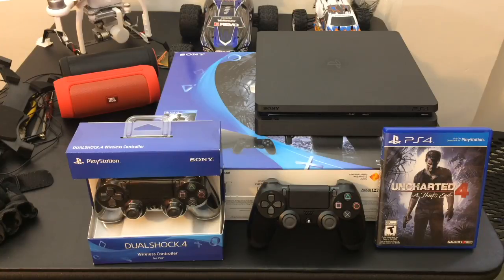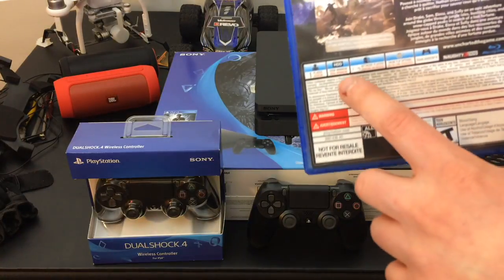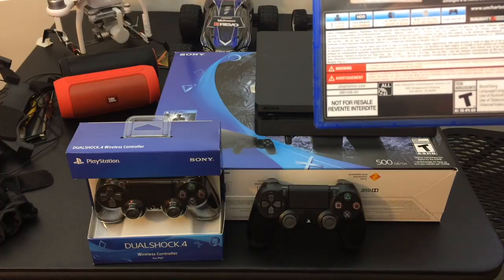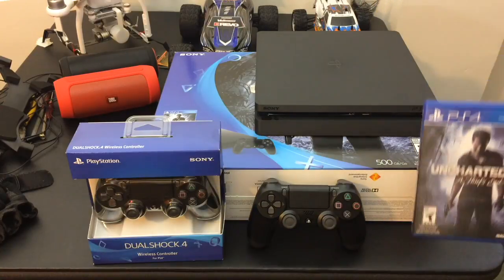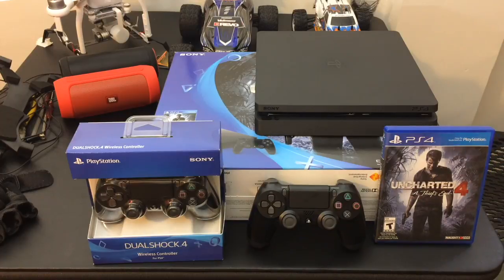Seeing as how this is the most basic of the PS4 systems right now in terms of the memory, this is a 500 gig unit. Keep in mind, this game alone right here says 50 gigabytes minimum required. So what that means is at most you'll be able to load 10 or so of these types of games. So if you're into maintaining a large video game library on your system, make sure to at least get the 1 terabyte version, or else you'll constantly have to be taking stuff in and out